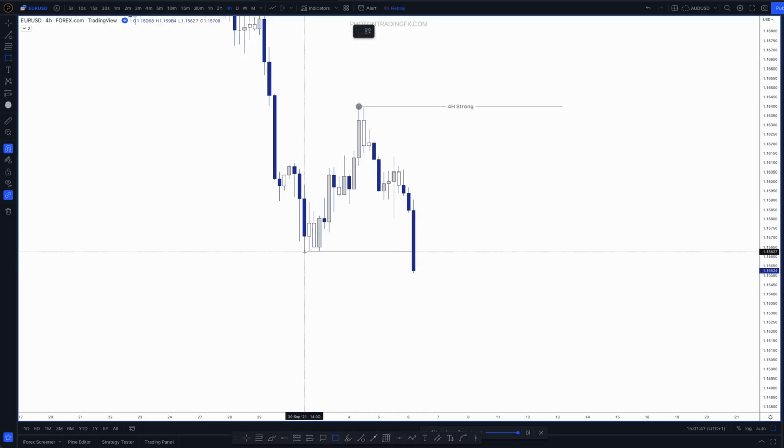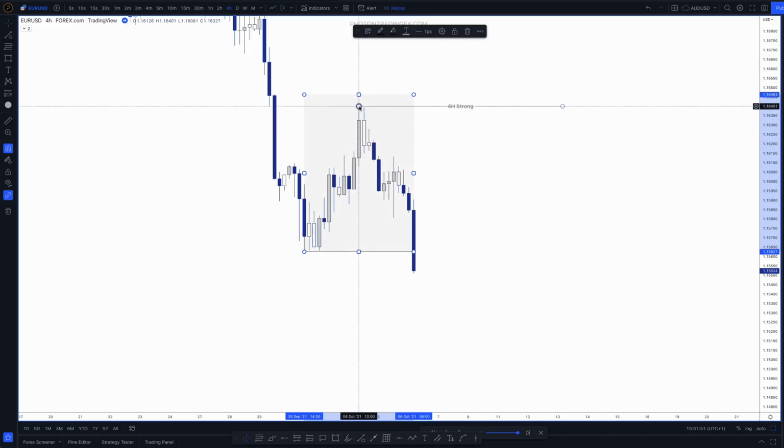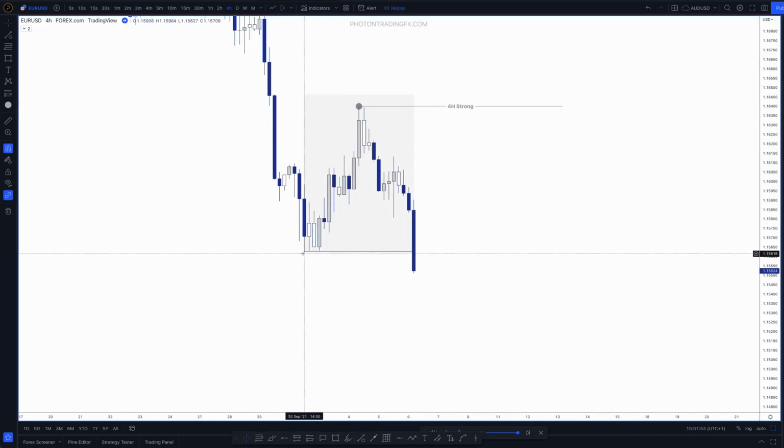From the highest point, from where the low was printed to where it was broken, drag your box to the upside, right? And then that becomes your high. It's the highest point that went on to break this swing low. Again, we can put our circle here. Okay, cool. So at this point, we know where our swing high is, but we don't know where the swing